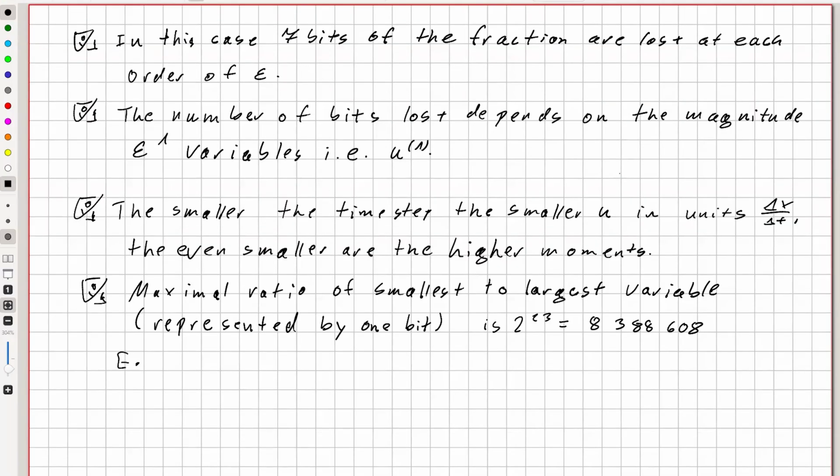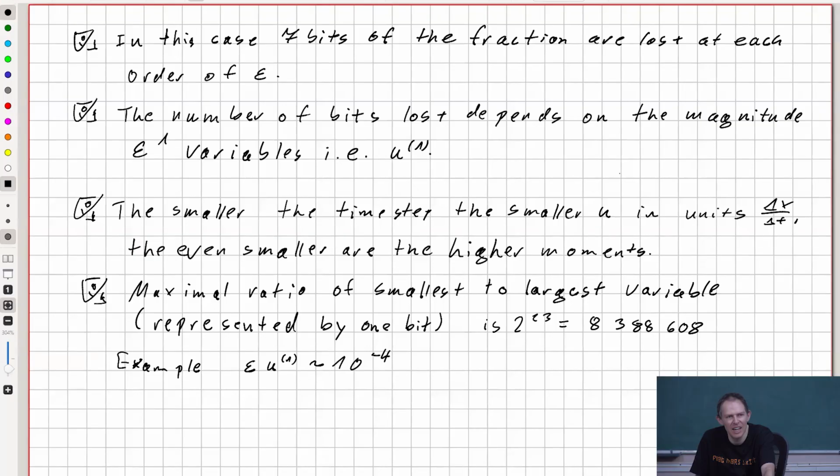So for example, epsilon U1, suppose this is 10 to the power of minus 4. Yeah. So what it can be, I mean, it can also be on top of something else. I mean, you have a small vortex inside a large vortex. Yeah, and the relative velocity of the small vortex compared to the large vortex is 10 to the power of minus 4. And now you are interested in whether you can still see the centrifugal pressure of that small vortex,